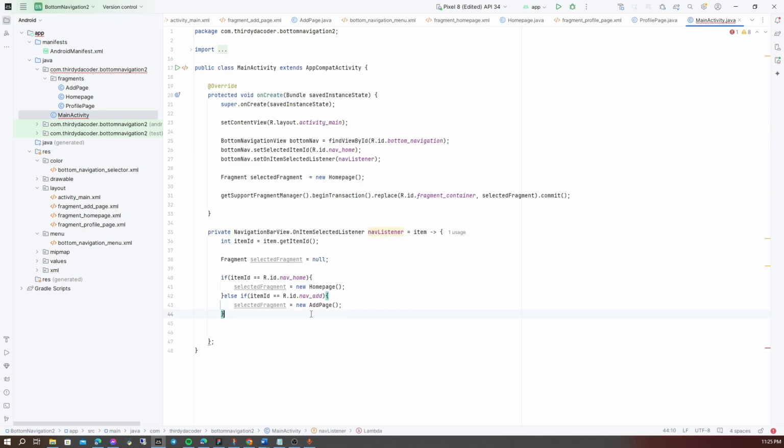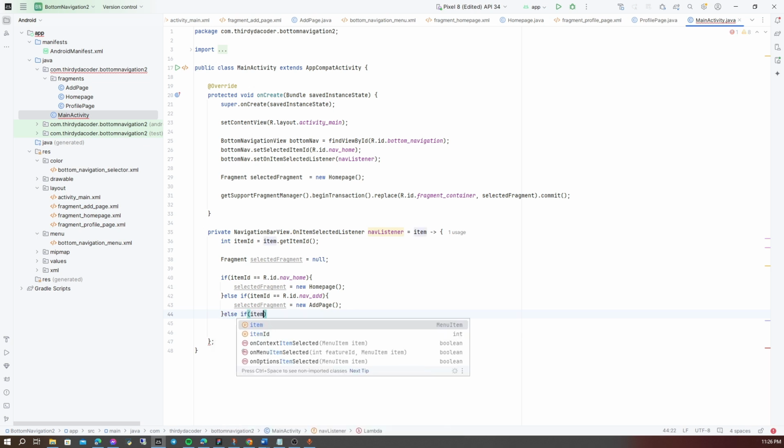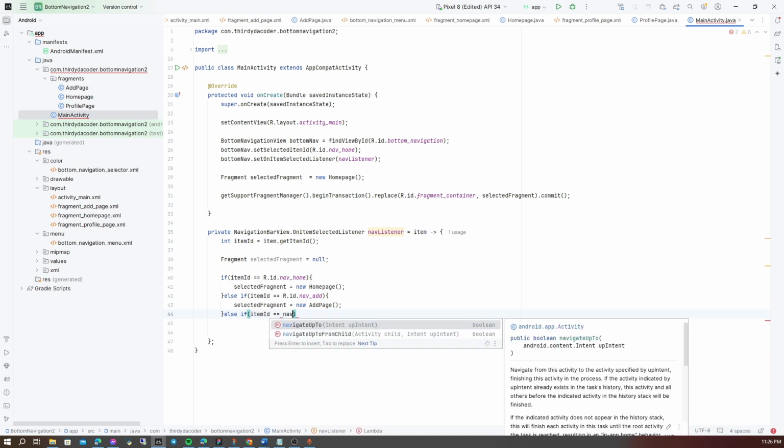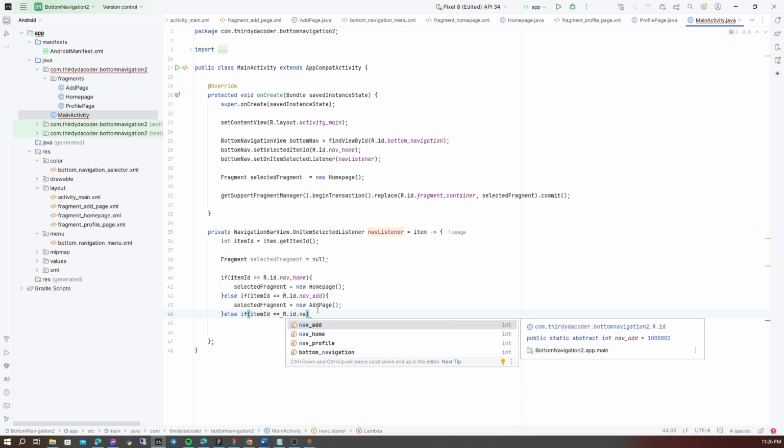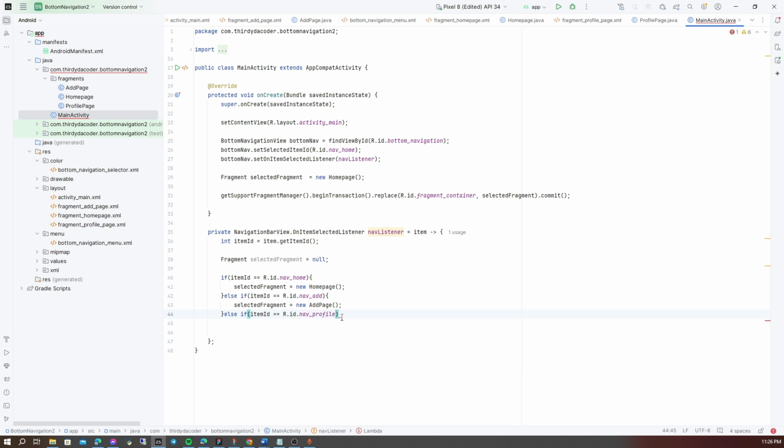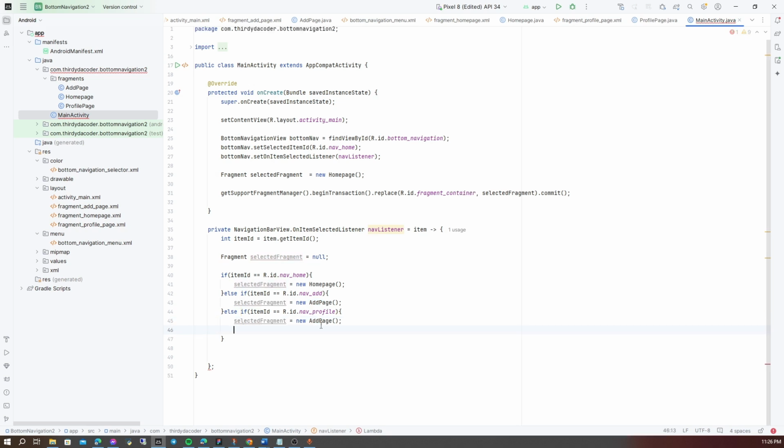You can go back to the main activity, then else if itemId equals R.id.nav_profile, the selected fragment now is the profile page.